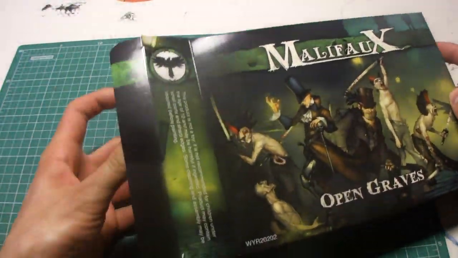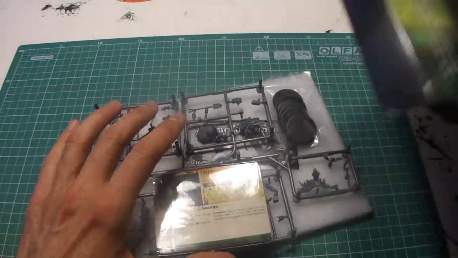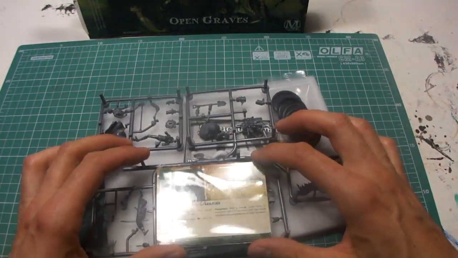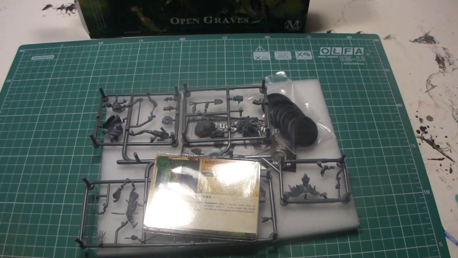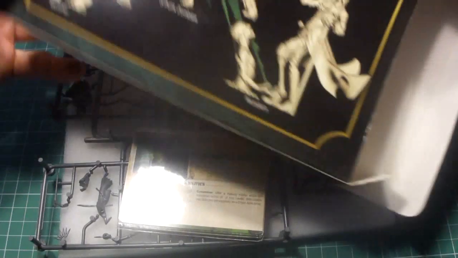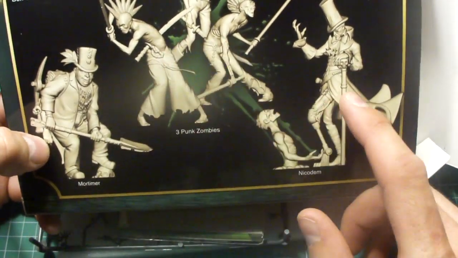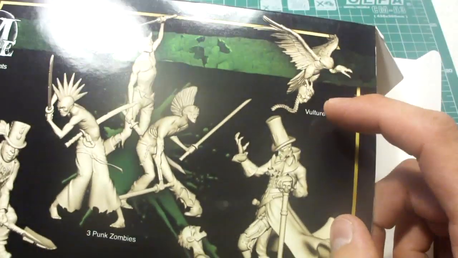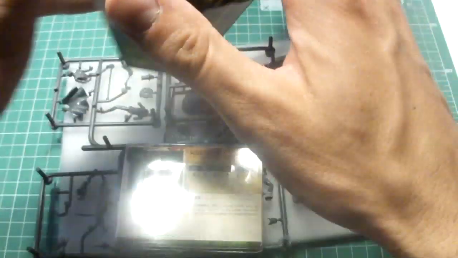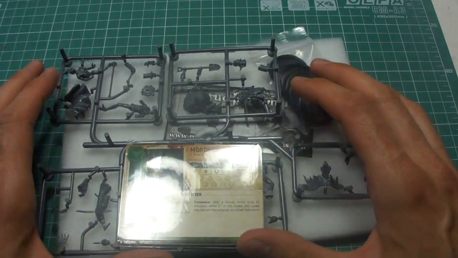Apparently there's some foam in here. Oh, that's nice. So what we have here is a big sprue with all the figures on there. I think there is this guy here, 3 zombies, and this beast, so basically 6 miniatures. I think this one goes on the base with that one. So that's 6 figures. And the price of this, I think I paid 38 euros for it, so I guess